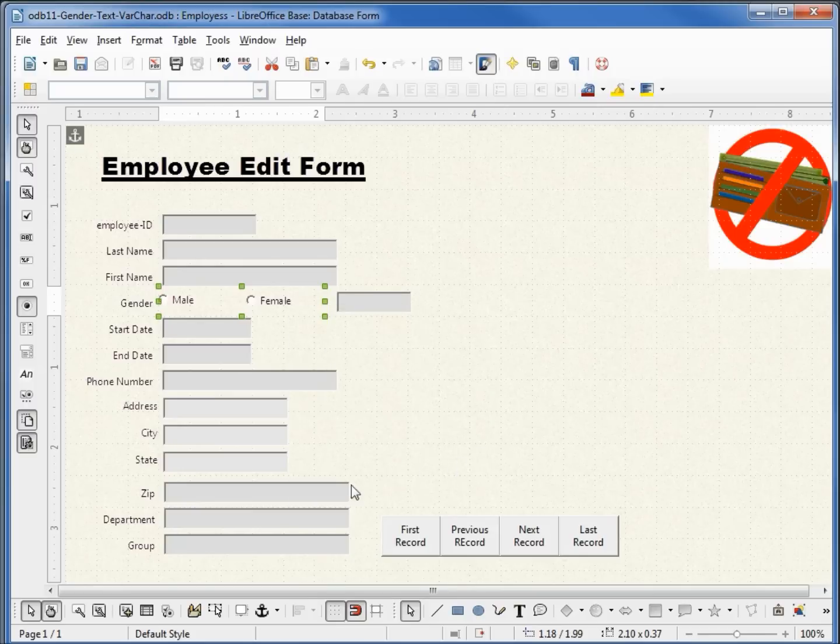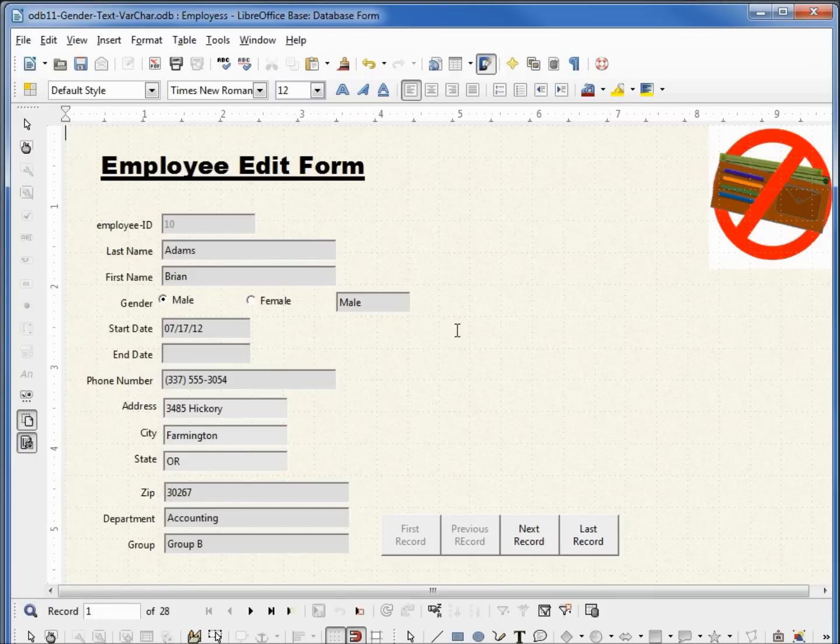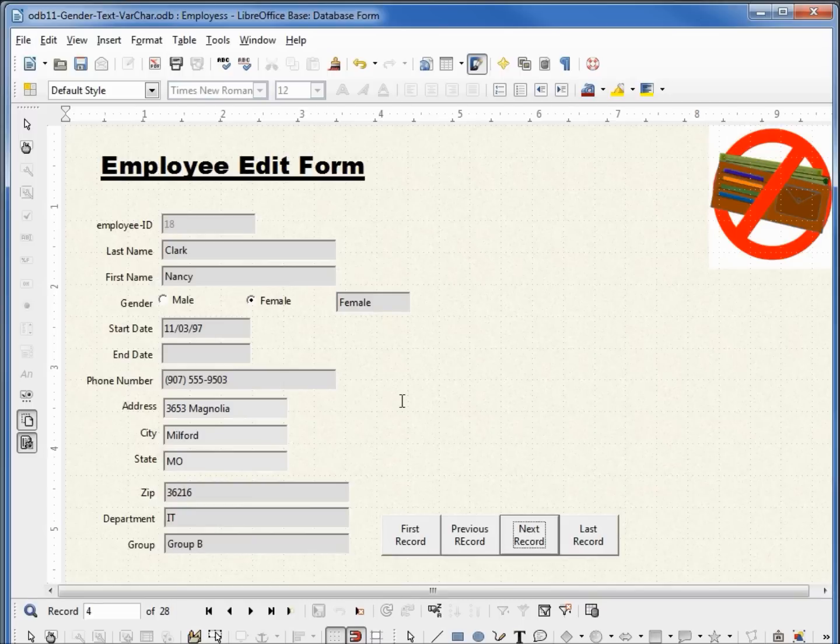Now let's go into Design View and see if they work. We had something selected, so we're not seeing our labels, but if I click outside of the labels, they show up again. So our first one is showing up as male, now female, male, female. So these appear to be working, but as we've seen before, when we add a new button, it puts it to the bottom of our tab value.